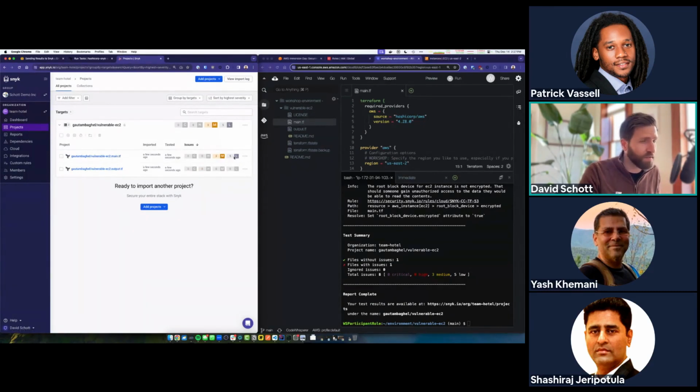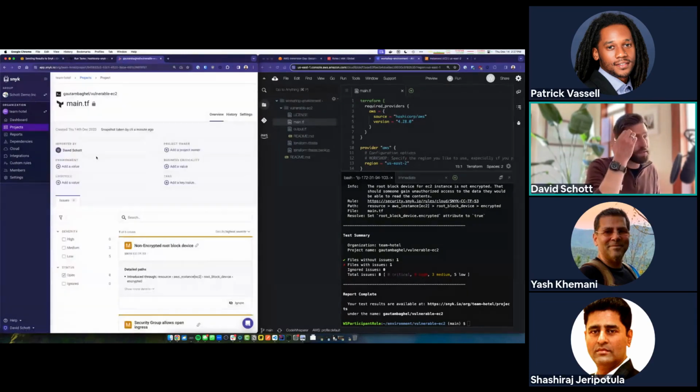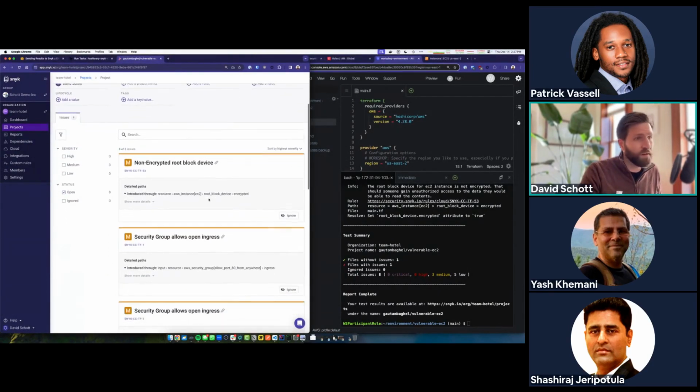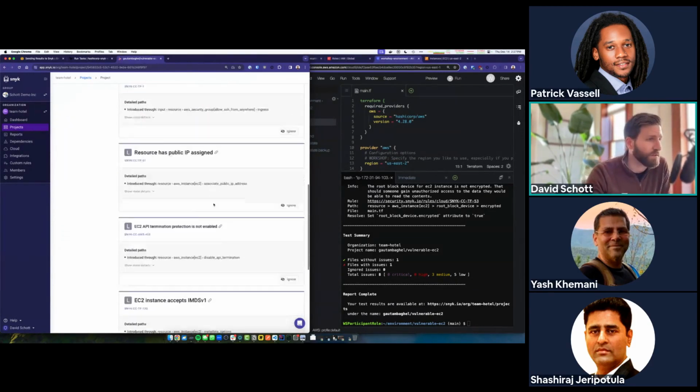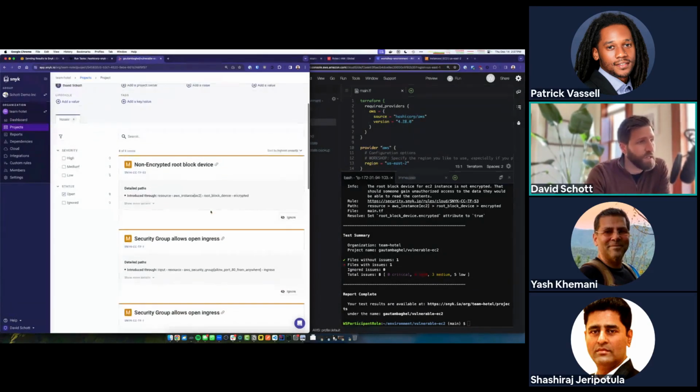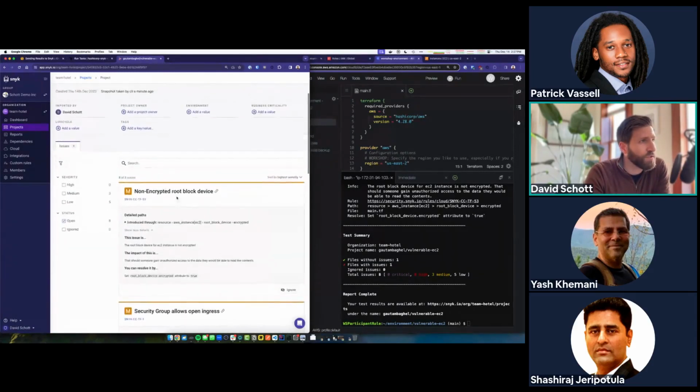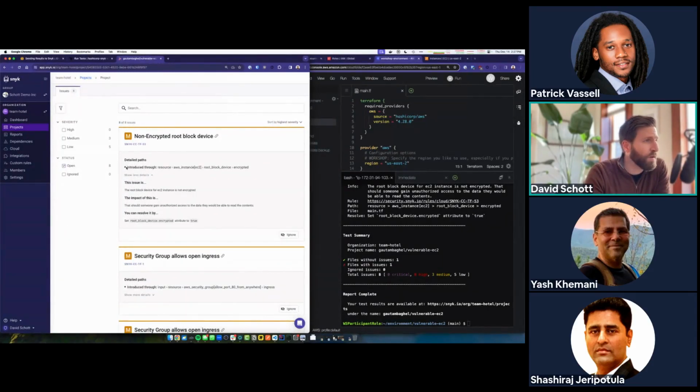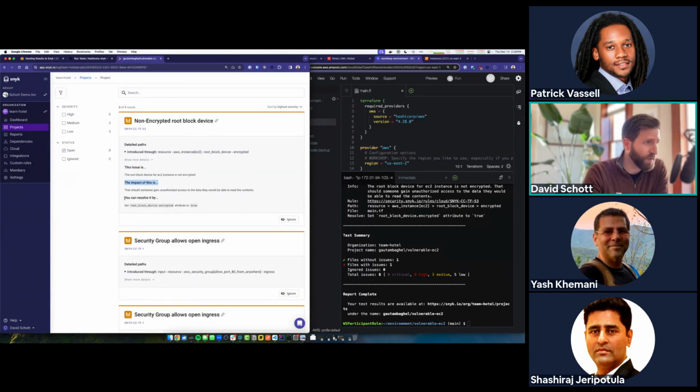Main, just like the scan results in the CLI, is basically identical. We see 5 low severity issues, 3 mediums. So if we drill down into there, we see a view here in Snyk. Again, that's basically identical to what we found in the command line. So for each of these infrastructure as code issues, Snyk is going to give us a path to where that issue is in the file, an explanation of the issue, an explanation of the impact of that issue, and then, of course, how to resolve that issue.